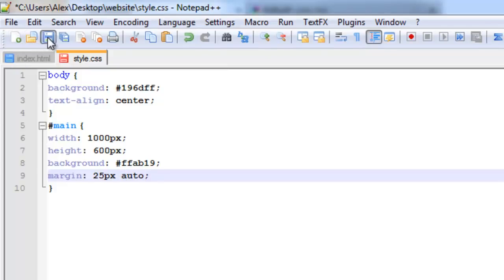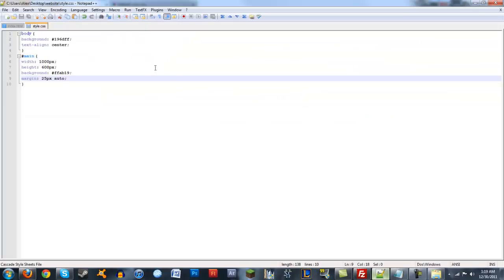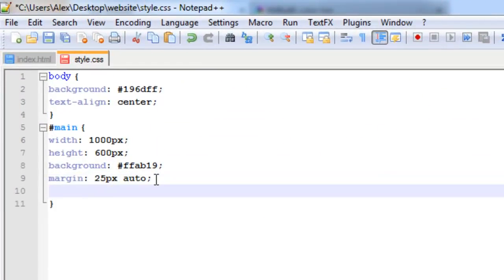So you will now see that when I save that and refresh it, suddenly it's further away from the top of the page, 25 pixels. This big golden box is centered in the middle, and we still have our text inside. The text is centered, so we don't want the text to be centered. We want our text still left aligned. So what we're going to do is we're going to add another line of code, and it's going to say, well, actually we're not going to add another line of code here yet,